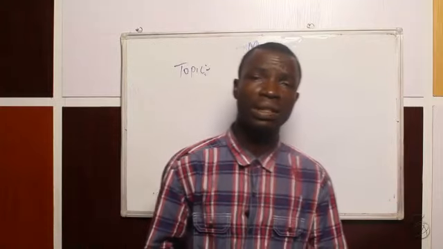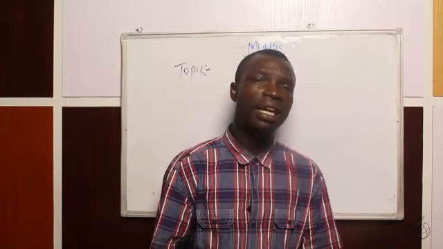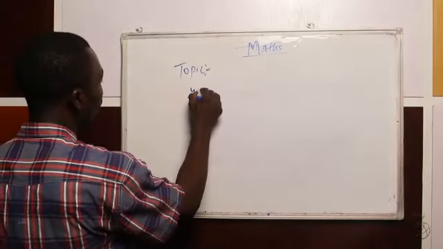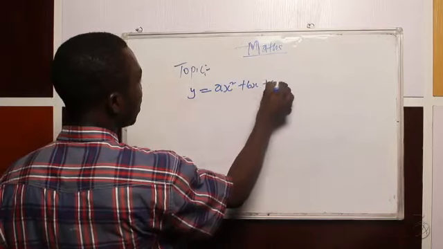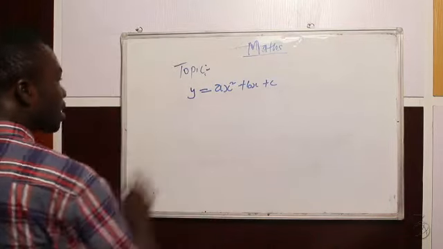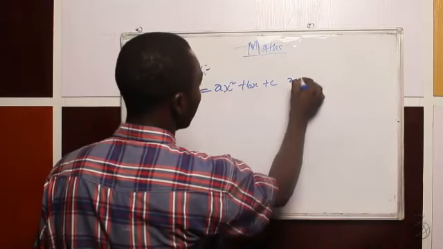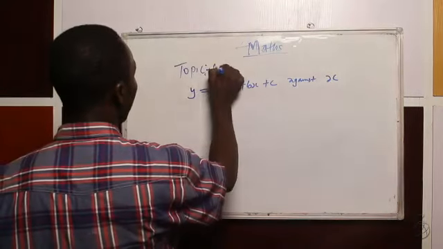Now, your graph sheet is very important. Your sharp pencil and your ruler are very important. You have to understand how to use scales in graph. I will teach you how to do that in this aspect of the topic. Now, remember that if we have y is equal to ax squared plus bx plus c, which is our equation, it is plotted against x. That is the quadratic equation